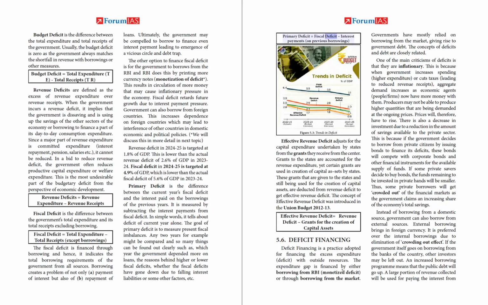Primary deficit equals fiscal deficit minus interest payments on previous borrowings. Figure 5.3, trends in deficit. Effective revenue deficit adjusts for the capital expenditure undertaken by states from the grants they receive from the center. Grants to the states are accounted for as revenue expenditure, yet certain grants are used in the creation of capital assets by states. These grants that are given to the states and still used for the creation of capital assets